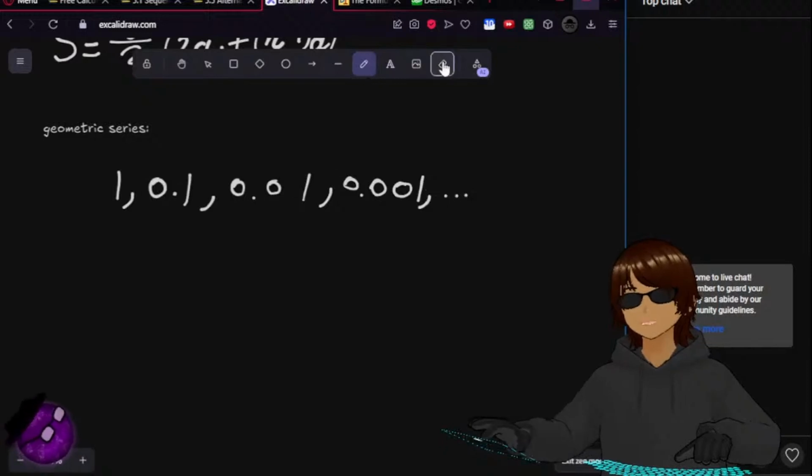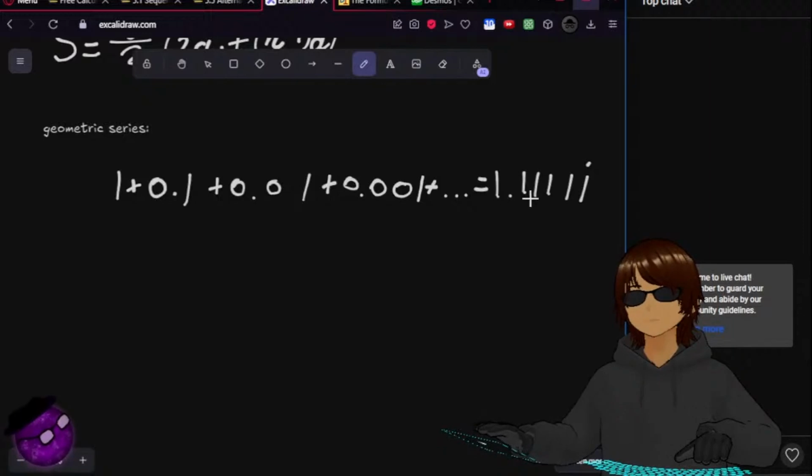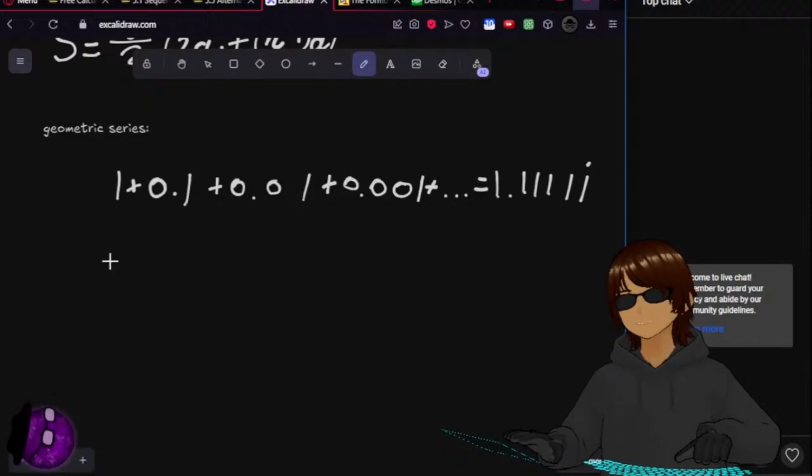If we add them all up, what do we get? This goes all the way to infinity, so this is equal to 1.111 and so on. It's 1 plus 0.1, which gives 1.1, and then plus 0.01, which gives 1.11, and so on. Basically what I'm saying is, for a geometric series, even if the series goes to infinity, you can still get a finite number. This only works if r is between